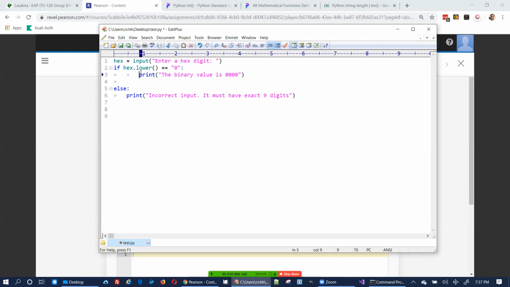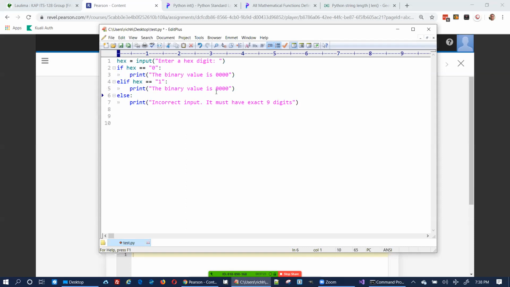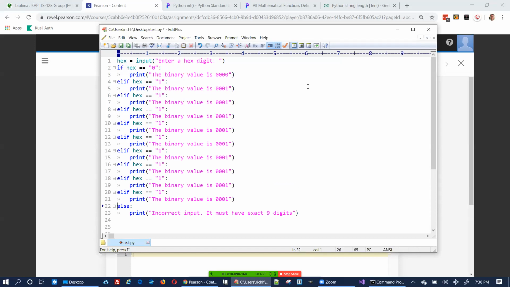This should be elif hex dot lower. No, I don't need the dot lower here, do I? Hex equals 1. Then print the binary value is 0, 0, 0, 1. And let me do 1, 2, 3, 4, 5, 6, 7, 8, 9, and then 10 is going to be,